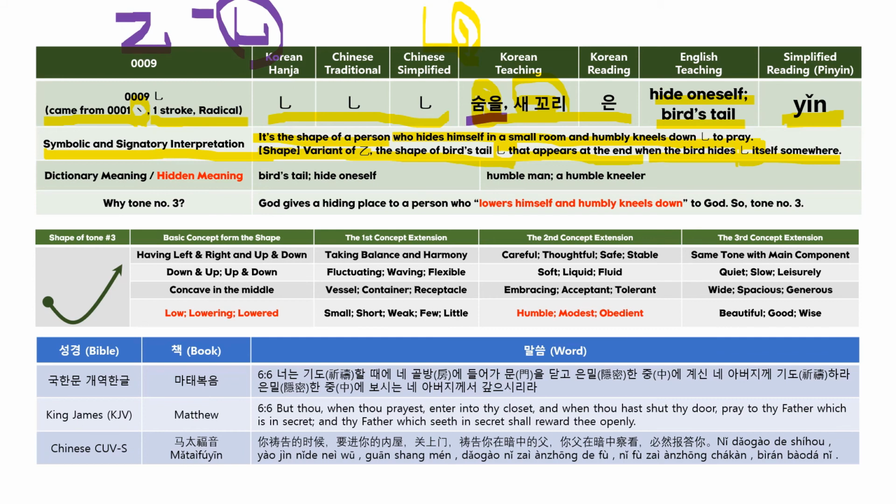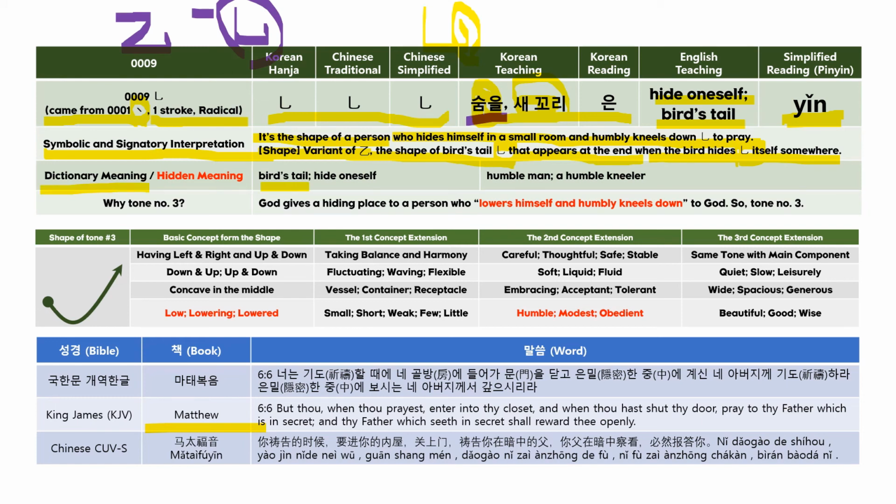This character reminds me of the Bible verses, Matthew. If you read this Bible verse, you can imagine a man who enters into his closet and prays to God in secret, right? Can you imagine that? So the dictionary meaning,